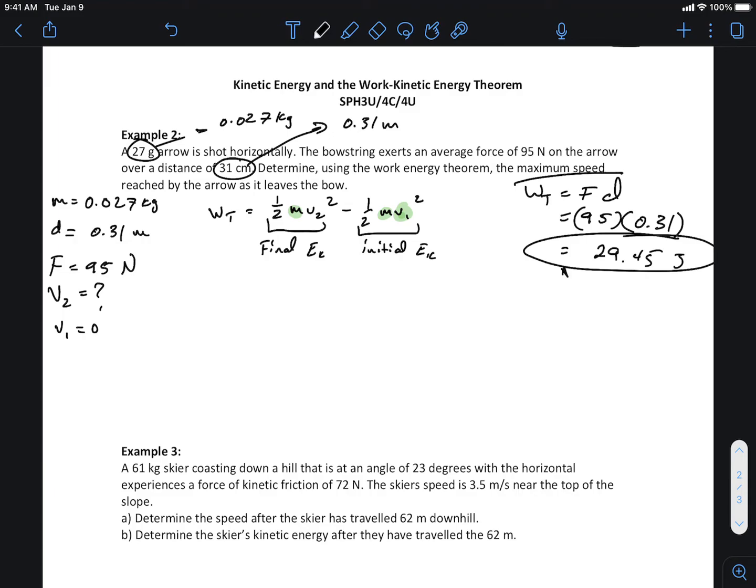Okay, now we can use this number. I can use this number over here. It's up to you guys if you want me to solve this out algebraically or not. You know V1 is 0, so this whole term is going to disappear. Okay, so there's not much really to do. You're going to say WT is equal to 1/2 mv2 squared. Now we can just isolate for V2. Right? So 2 WT